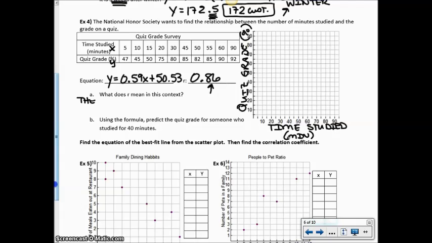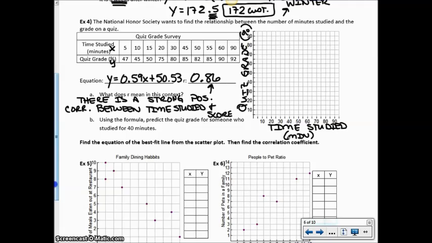So I would say there is a strong positive correlation between, and this is how you're going to do it each time, like you did in the one before it, between what? Between what we're studying, so time studied, and our score. So that's kind of a no-brainer. The longer you study, the better your test grades are going to be. Okay,